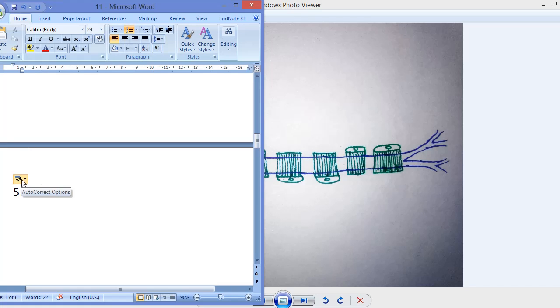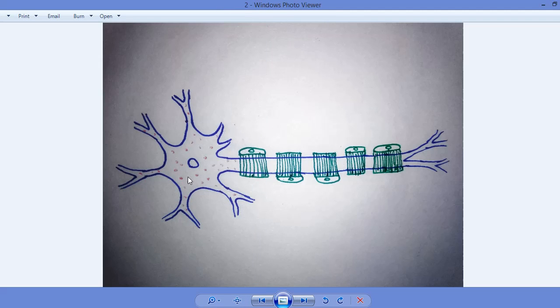I'm going to start it from new numbering. A typical neuron will consist of cell body or soma, dendrite, axon. This is the cell body. This is the cell body. These are the dendrites. And this is the